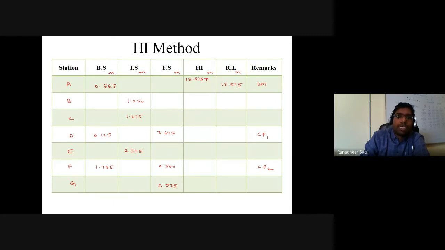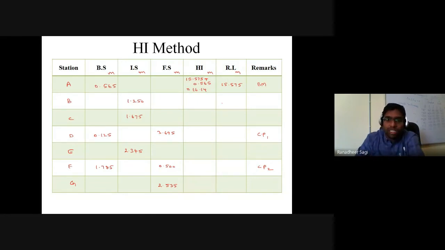So which is 15.575 plus the corresponding backsight data I have at point A: 16.14 is the height of the instrument with respect to point A. So once the height of the instrument for the first setup, that is the line of sight of the instrument from the datum, is known, then the RL values of the next points until you shift your instrument, I repeat, until you shift your instrument, are going to be calculated with respect to the height of instrument value you have now calculated.